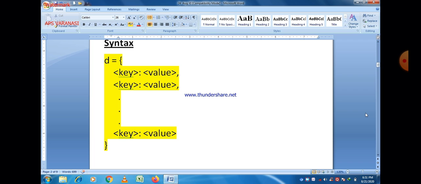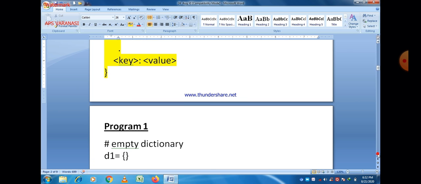So that is the syntax of the dictionary, which represents how to create a dictionary. First of all, D is the name of the dictionary. After that, there is an assignment sign, and then curly braces, and within the curly braces you can easily see the key-value combination separated by a colon sign, and each key-value combination is again separated by a comma sign. So that is the syntax of our dictionary. And always remember that we can take any type of value, but as far as the key is concerned, we take only an immutable data type. It means number, string, or tuple.